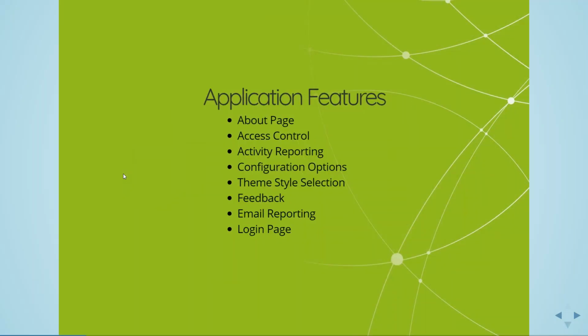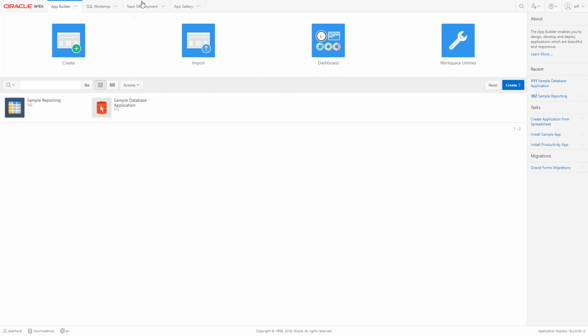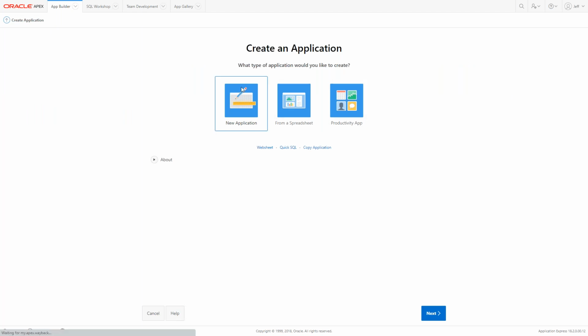Let's continue and talk about application features. APEX gives us application level features that can be added declaratively. These features can be added and chosen when we create a new application. So I'm going to create a new application, and we see from the wizard,